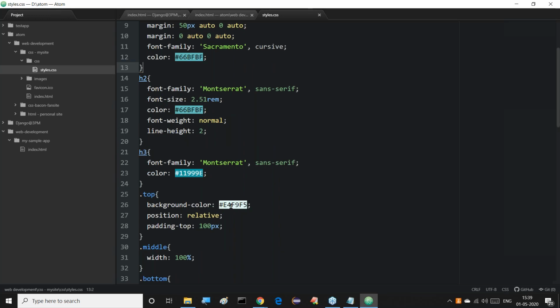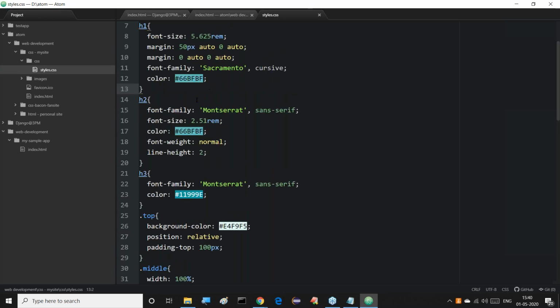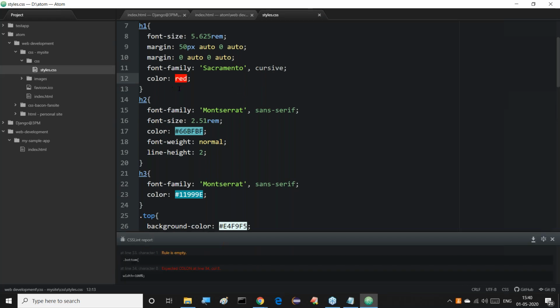See, this is a somewhat white background, and this is a cyan kind of color. For example, in place of this I want to use red. When we save this, after a minute, automatically what happened there now? Here we are getting the red color. That means whatever name we provided, its name-related color we are getting directly. This is red we are getting there.